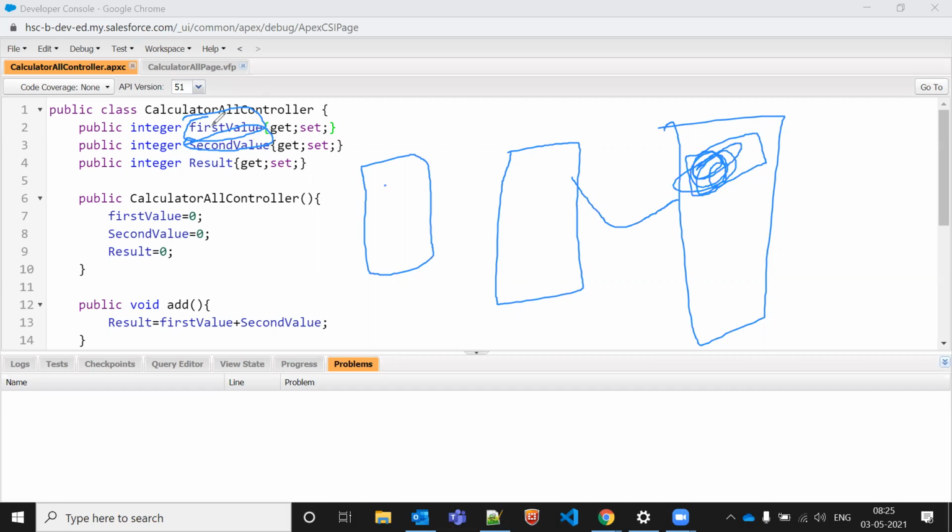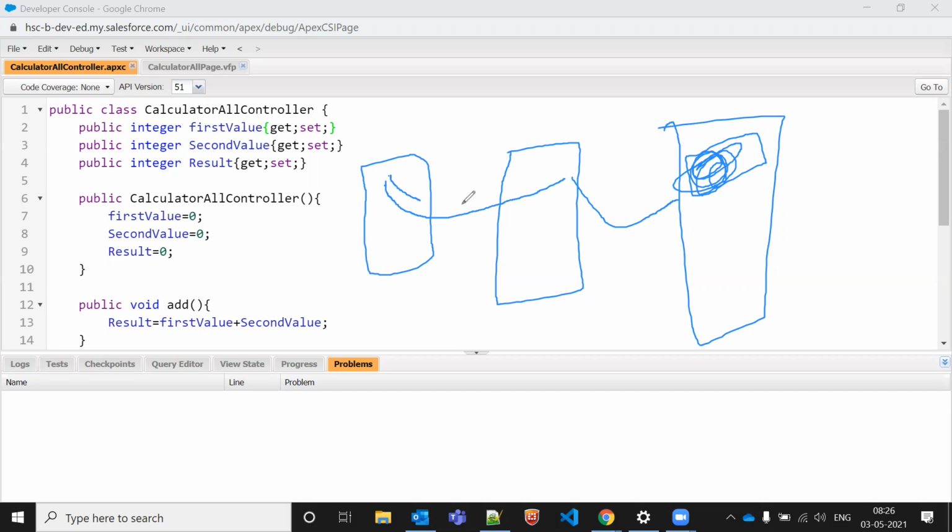Definitely if you don't have any variable, then I cannot do the sum and minus, because this is one kind of storage. The first value is also storage where we are adding the 12, and the second is also a storage where I'm adding the 12 or any other value. So if it is a storage, what will happen? First, the blank value of this variable will be get from the Apex class to the Visualforce page. Once we are adding a value inside this, like 12, 13, 14, it means we are setting the value.